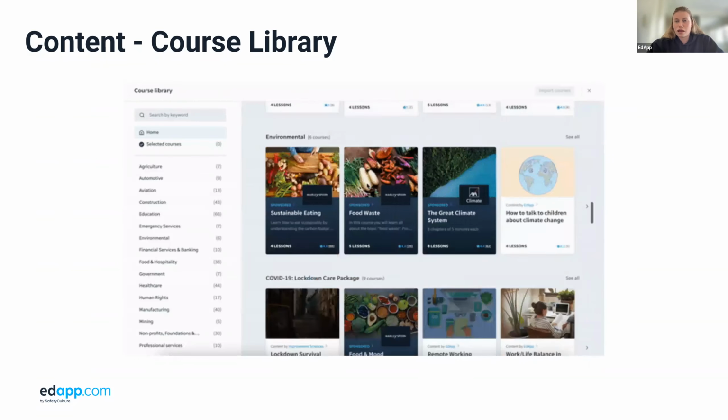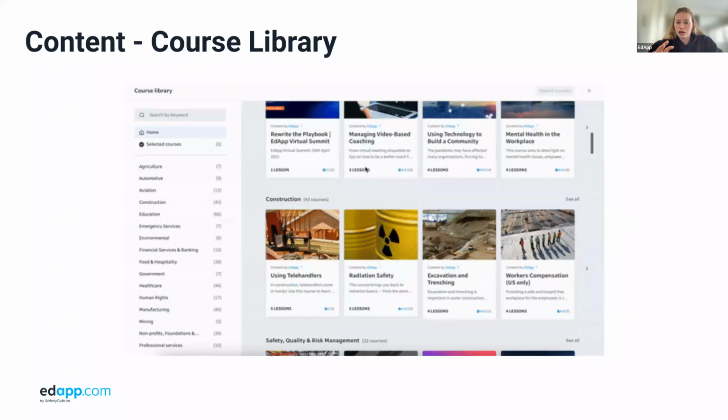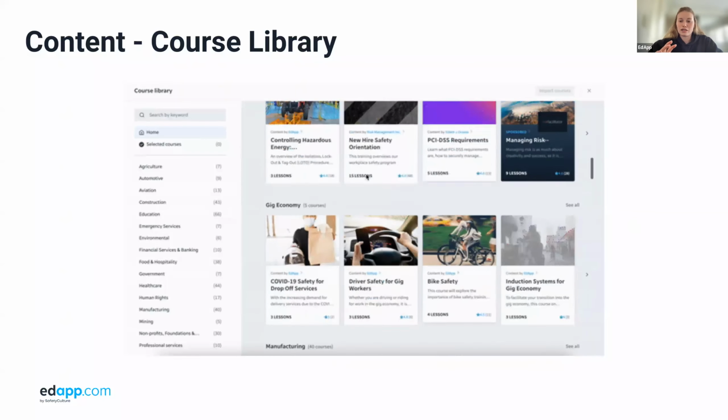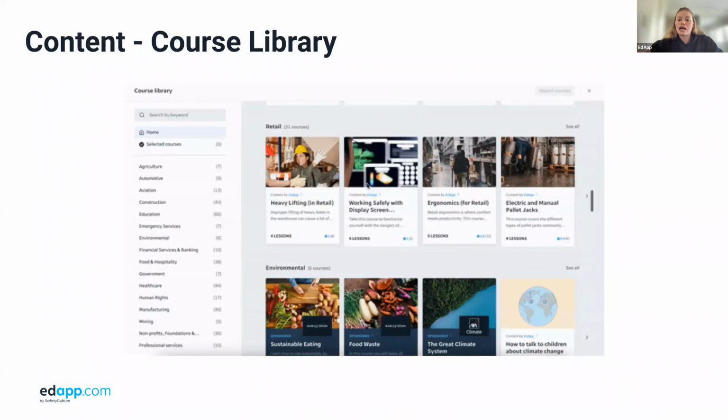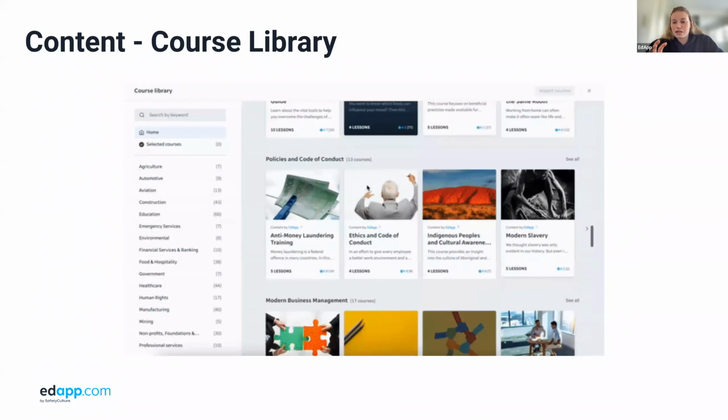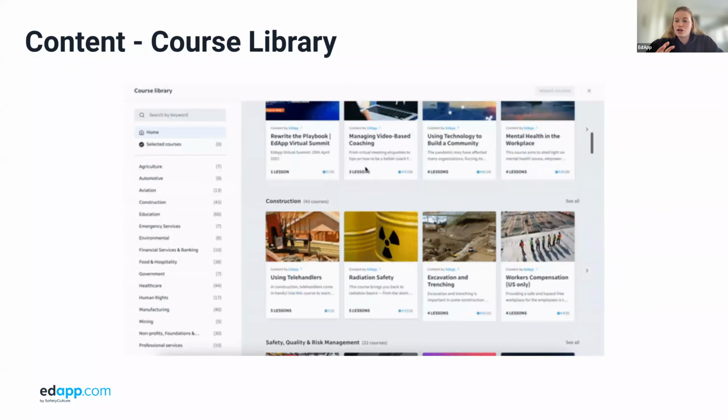And once you've selected it, you can just pull it into your account, change anything that you like, add some branding, and then get it straight out to your learners. So it can literally take a matter of minutes depending on how much you want to change. And the best thing about this content library is it's all free to use and there's no extra charge for